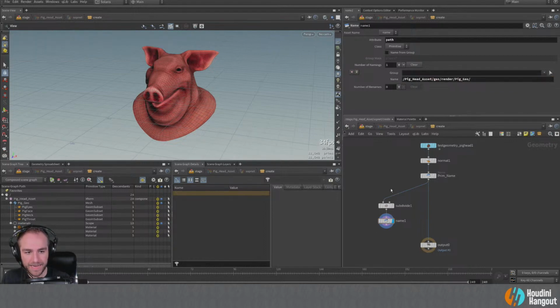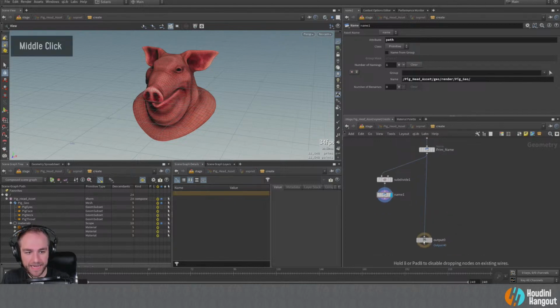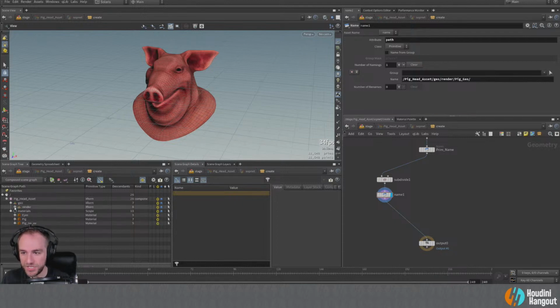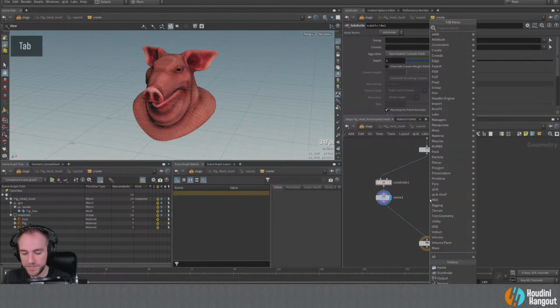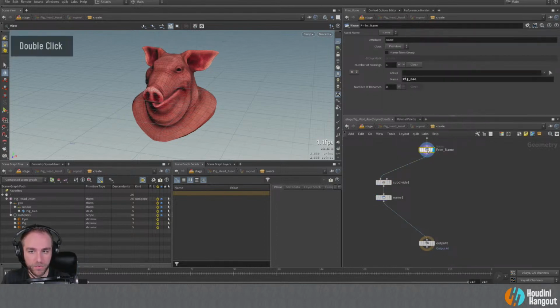Okay. Now this isn't actually coming out yet, so that is not going to update. But if we took this and put it down here, we should see that it will now update. So now we have geo, render, and pig geo in there. Okay, so that's our high resolution geometry. Then what we could do is something maybe lower resolution, right?